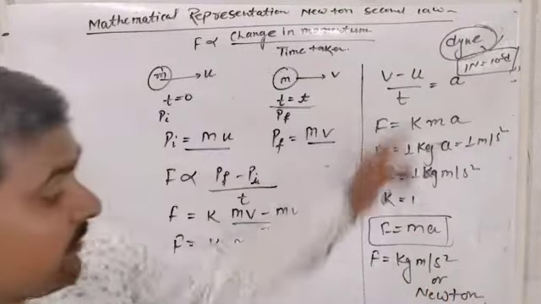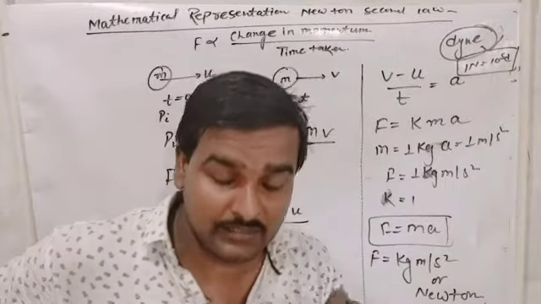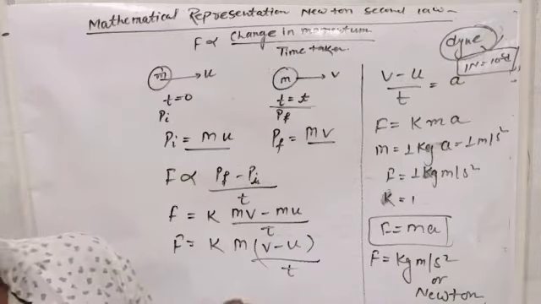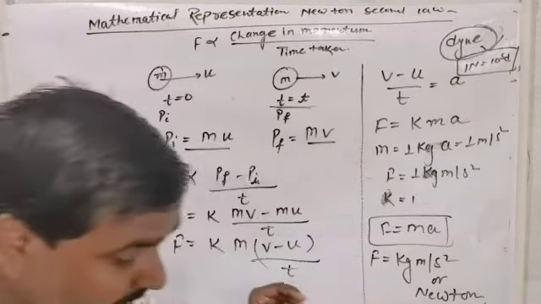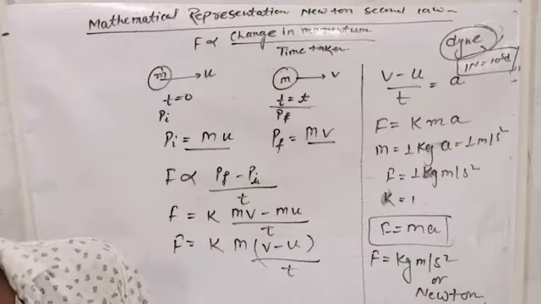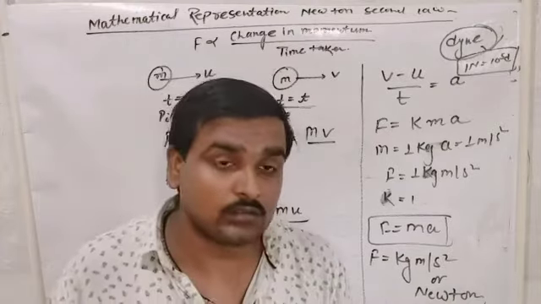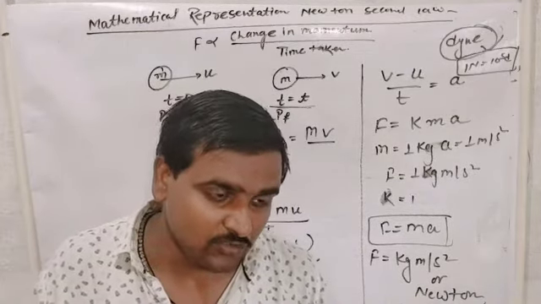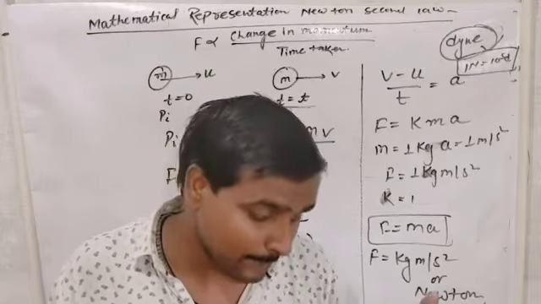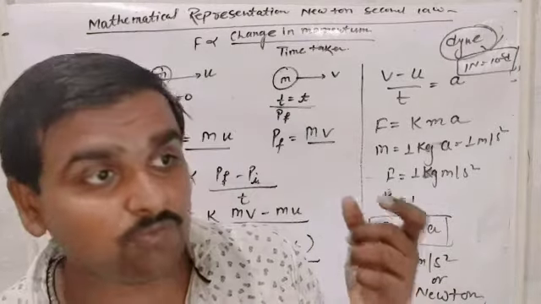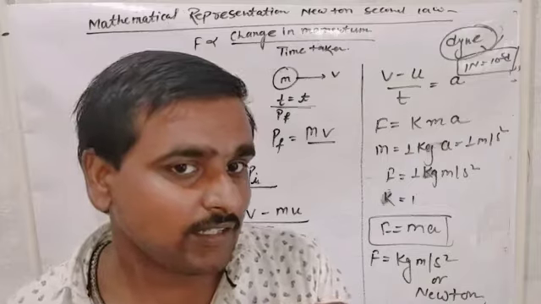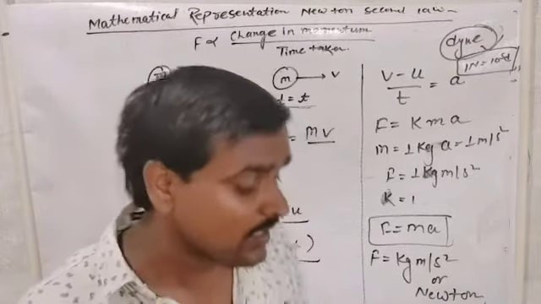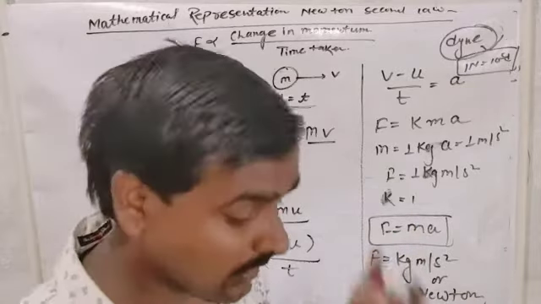This is the main difference between the Newton and dyne. In case of Newton, the acceleration produced is 1 meter per second square in a body of mass 1 kg, and in the case of dyne, it is defined as the acceleration produced of 1 centimeter per second square on a body of mass 1 gram.